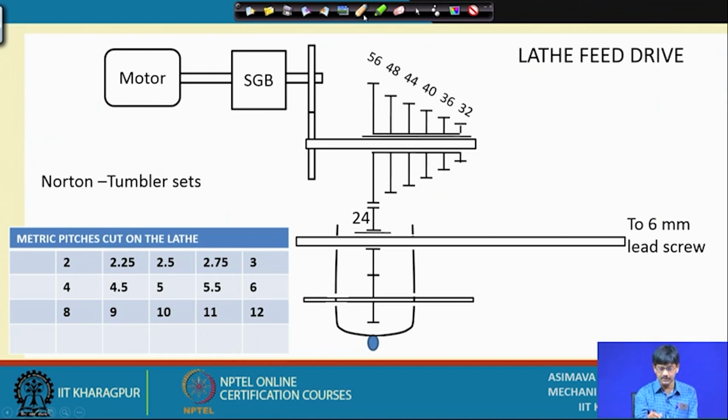So, what sort of connections would I have in that case? Suppose I connect 56, and that connects up with 24. At this moment it is not connected, there is a clear gap in between. We will see how it is connected. So, 56 by 24 connection, this ultimately leads to a 6 millimeter lead screw. Okay, that is interesting. What happens? Let us see. So, multiplied by 6 will be the movement of the cutter. So, this is the lead screw directly,